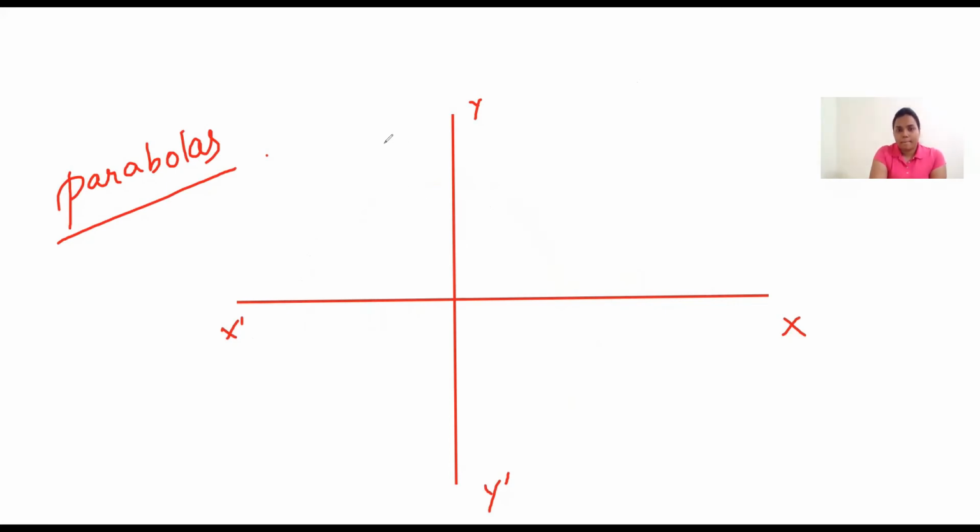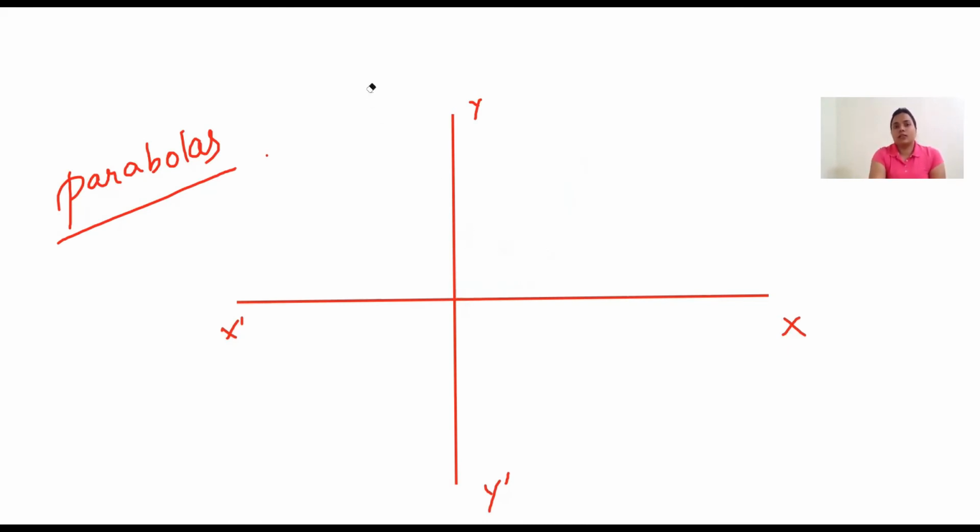Suppose in this case the graph is going like this, and it is cutting the x-axis at this place only. It is cutting nowhere else. So it means this polynomial has only one zero, which means both the zeros are equal. They are coinciding at one point, and we will have only one zero for this polynomial. So this is the only zero for this polynomial.